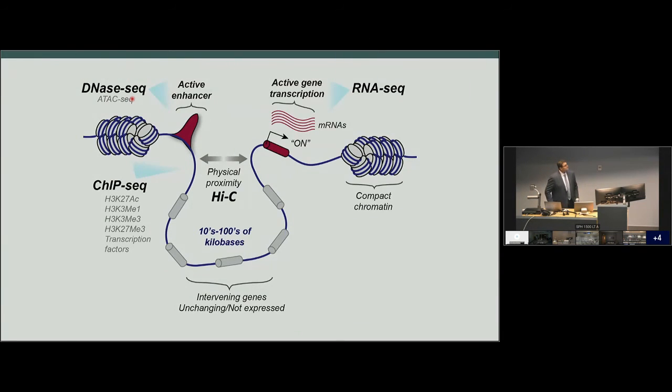And lastly, there are methods to actually measure changes in the physical conformation of the DNA. Again, it's not a linear sequence. If you can imagine a bowl of spaghetti, that's really what the DNA looks like in the nucleus. But that spaghetti is roiling around, and that roiling around is different from one cell to the other. And these methods, such as Hi-C, are sequencing-based and can allow you to tell which regions are actually touching each other in the genome.